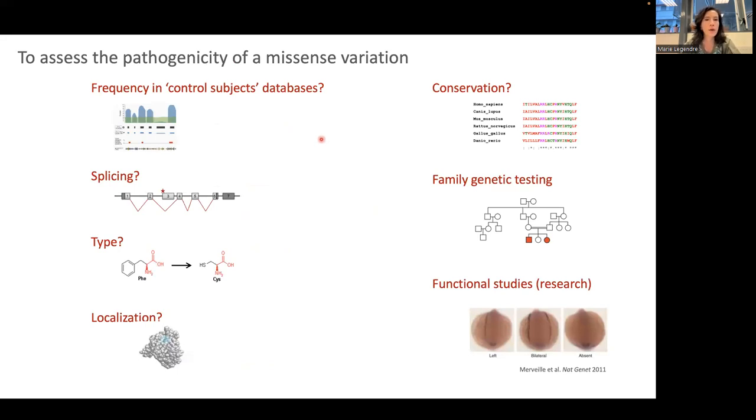We can rely on very large databases, gathering genomic data from thousands of people from the general population. And if we find that the variant is very frequent in this database, it cannot be pathogenic. We can, of course, have a closer look at the type of change and look especially where it's located within the protein. A very powerful tool is to look at conservation through evolution. If the amino acid is conserved from very simple organisms to humans,